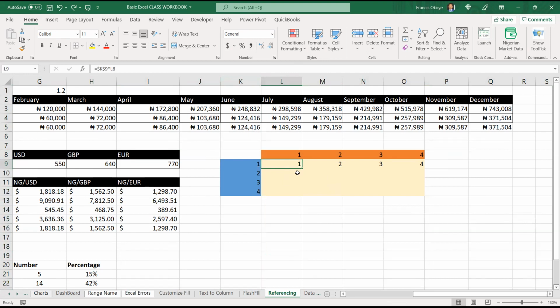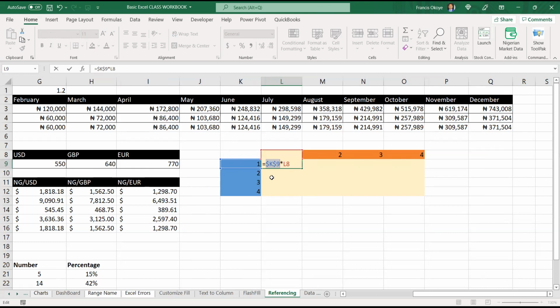So as long as you can think about it. Here, what I'll do is equal to 1 times 1. What do I want to hold constant? I want to hold this column. What is the column now? Column A. Column K. So if I press F4 once like this, I'm holding what?